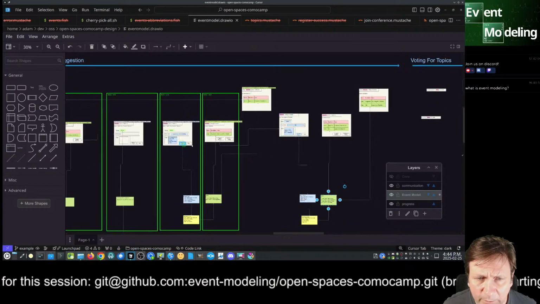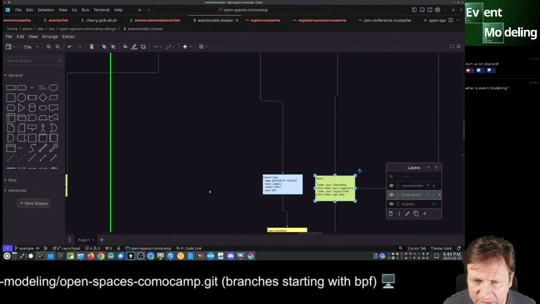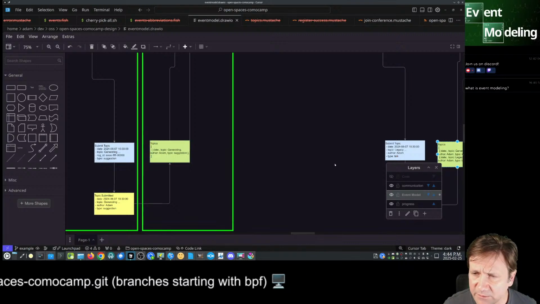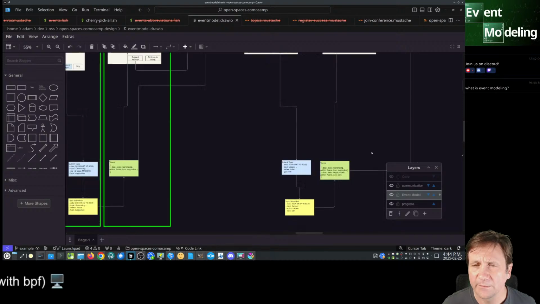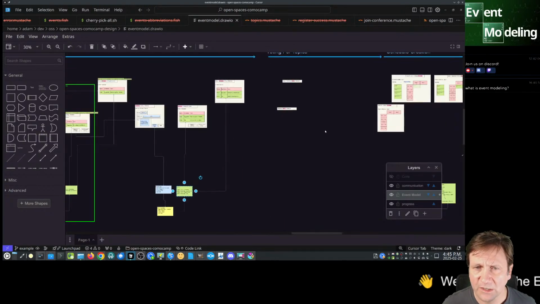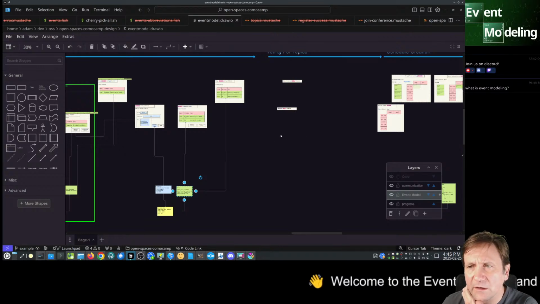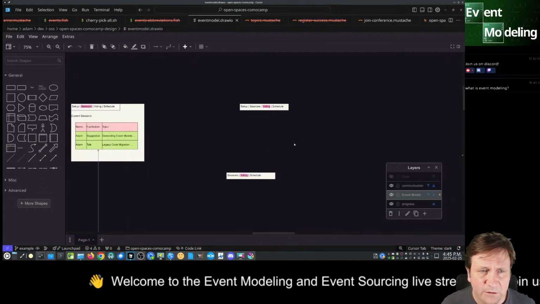I don't know why we have an extra example here, but this is exactly the same thing as this, submitting topics. So these are really kind of done anyway. And we wanted to actually design the voting. So we haven't designed the voting page yet. So